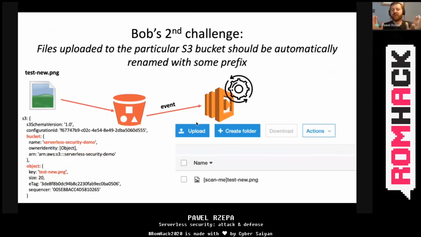Then the Lambda runtime environment is run, and your Lambda function is executed. So the file is renamed, and the old file is removed from the bucket. Pretty simple.